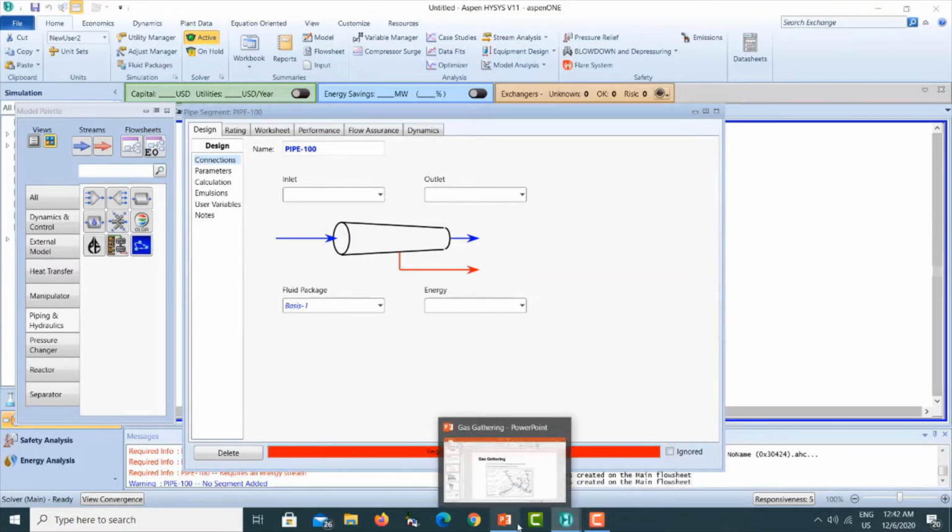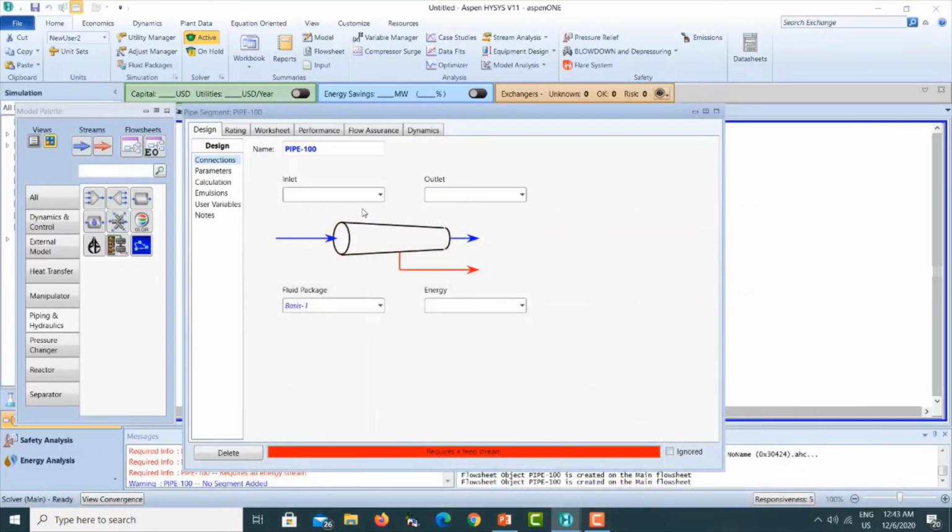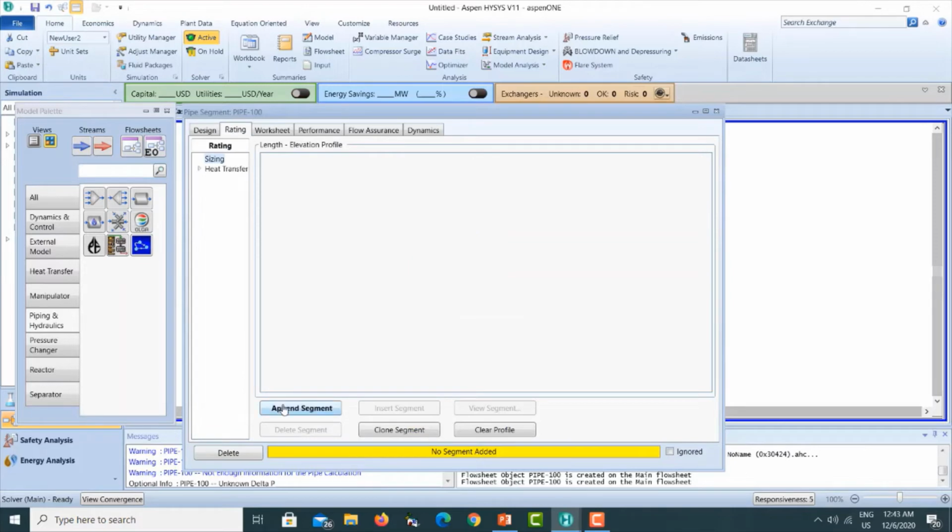If you look at here, this one is coming from well 3. The outlet, you can define outlet out 3, Q out 3. Then you need to click on the rating, and since it is 3 segments, we need to